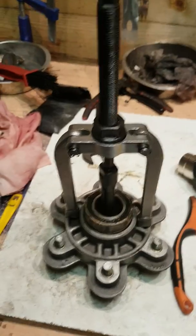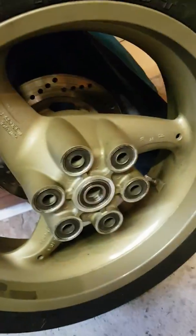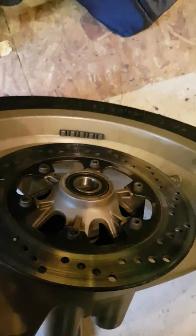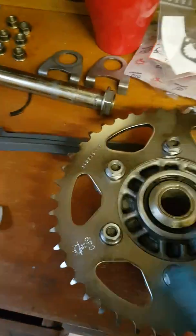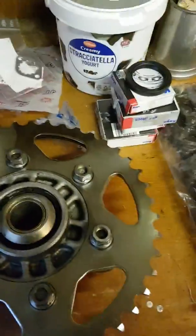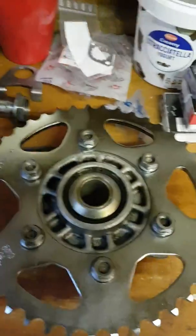Hi there, just been replacing the bearings in the sprocket hub of my Ducati ST2 1997, and we'll also be replacing the bearings in my rear wheel. Just there. Got new sprockets. Actually that's another hub which I bought separately with nice bearings, but that's just a spare hub. But that is the new sprocket I'll be putting on. And also bought a new front sprocket as well, reducing at the front and increasing by 1 at the rear